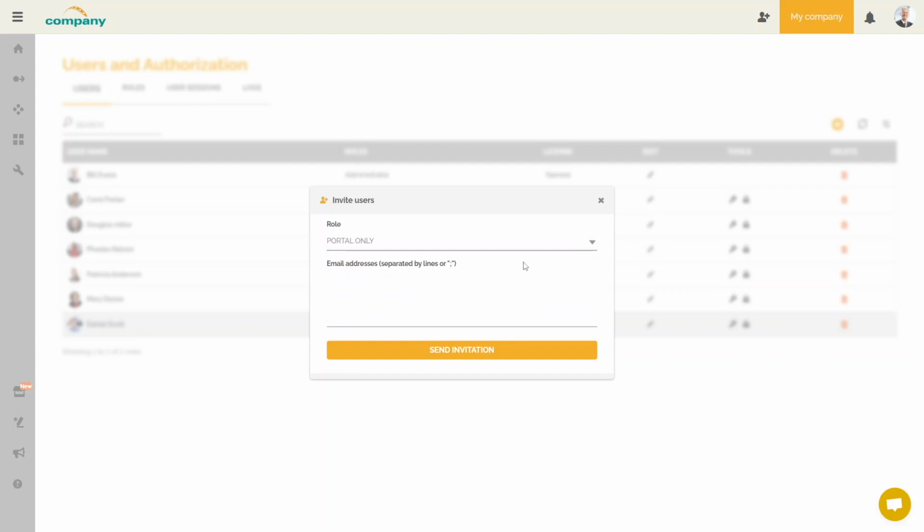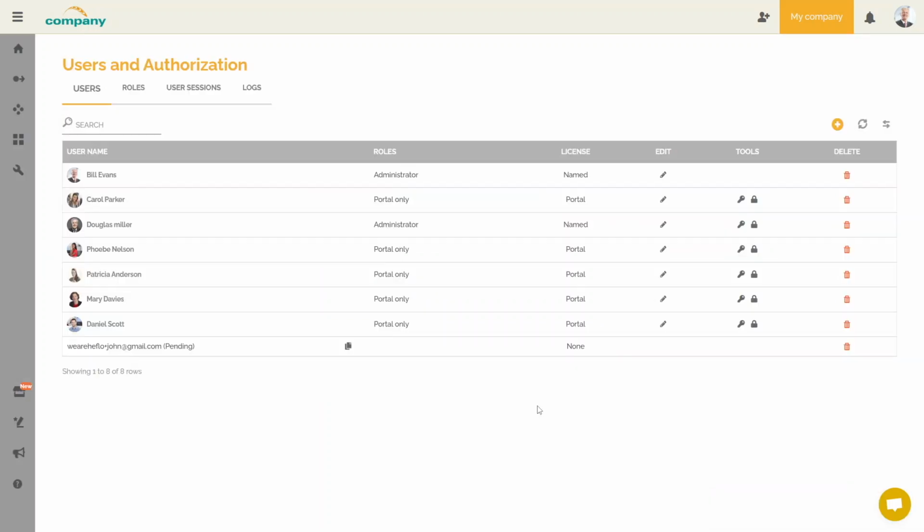We are going to choose the role, Purchasers. We are now going to write the email address of the user concerned. We can click on Send Invitation. From then on, HeFlow emailed John with a link to access this environment. John already appears in the list of users, but with different information.